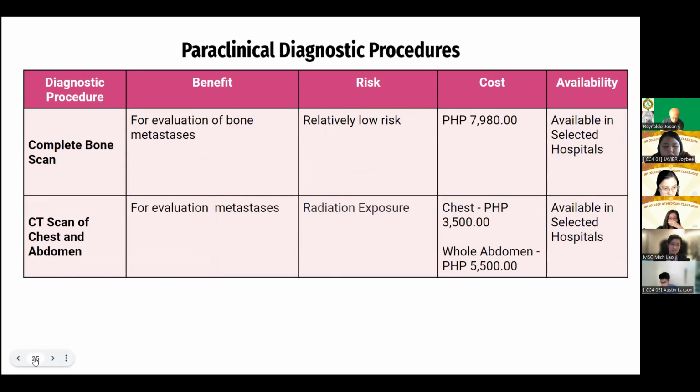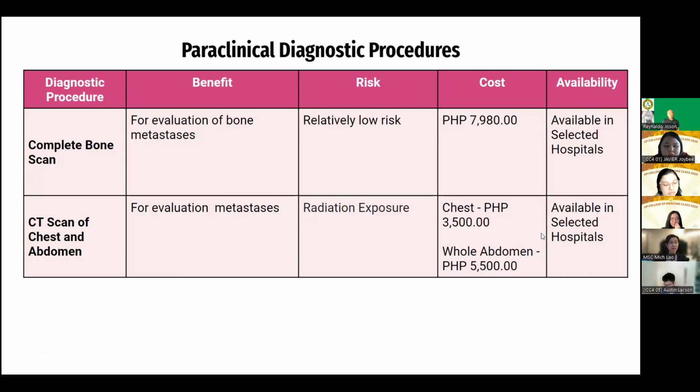And it's a relatively low risk procedure, although it's quite expensive also at an average of 7,980 pesos, and it's available in selected hospitals. And lastly, for the CT scan of the chest and abdomen, it's also to evaluate for